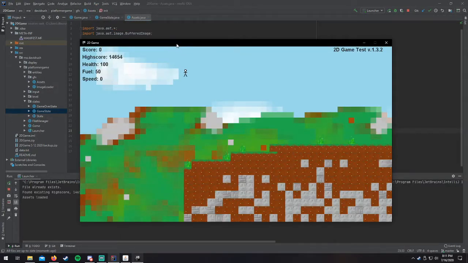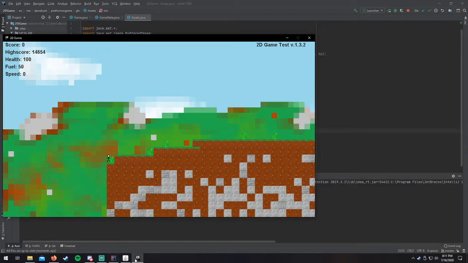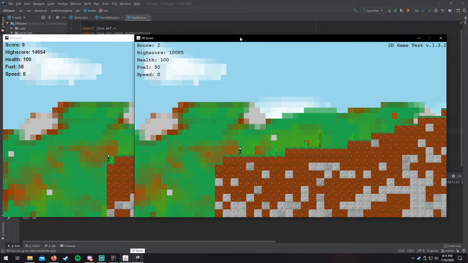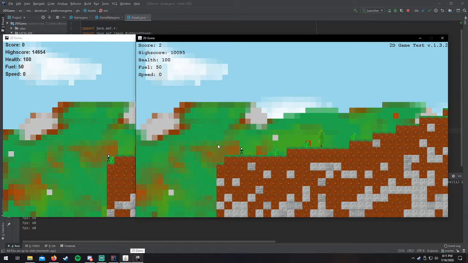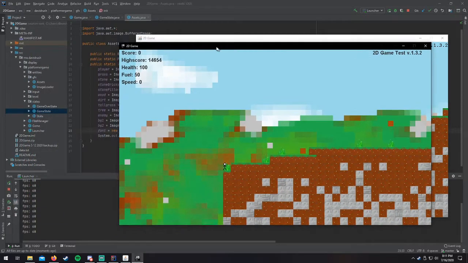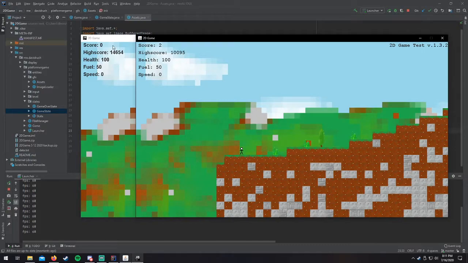So here it is run by the IDE, and here it is run through the file explorer. These are the same build. I literally just compiled these from the same code, but you see here that the fonts are different. Here is the compiled one in the IDE, and here's the output from a few seconds ago. Yeah, so